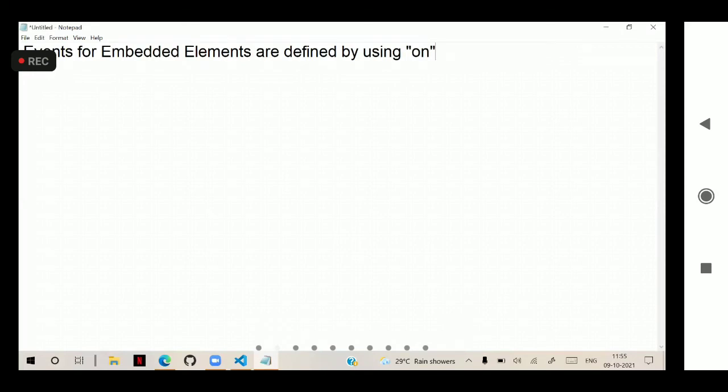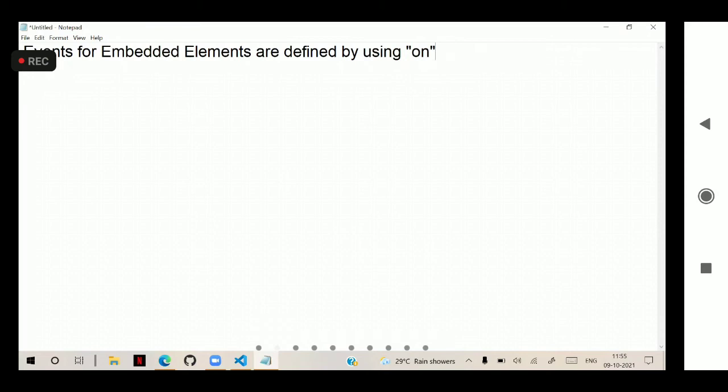It is very important. That means when you create some add to cart button, click reference or some buttons internally, we have to use this on. Actually, on is a document option.